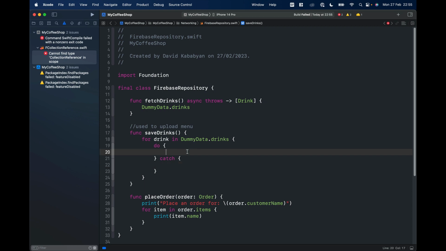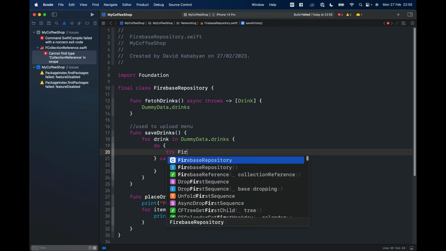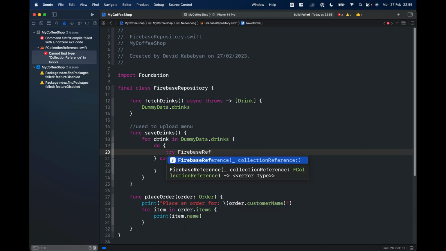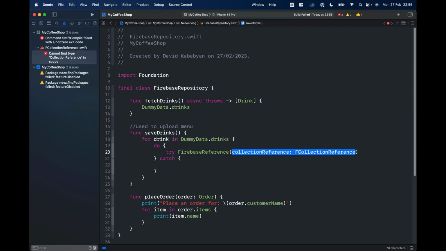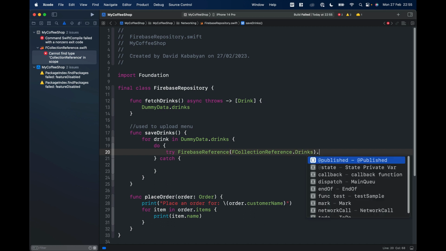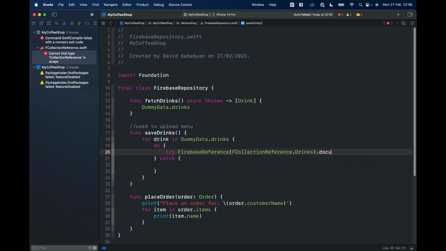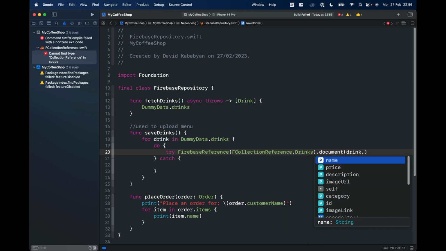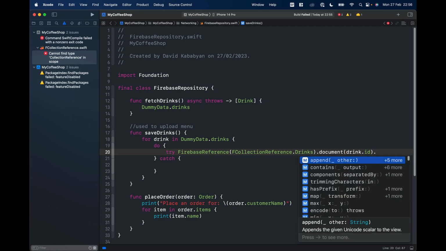Okay, and we want to try and access our Firebase reference, and here we are going to pass F collection reference dot drinks because we want to save it in the drinks, and we say document, and we pass our drink dot ID, so this will be the name of the document, and then we say set